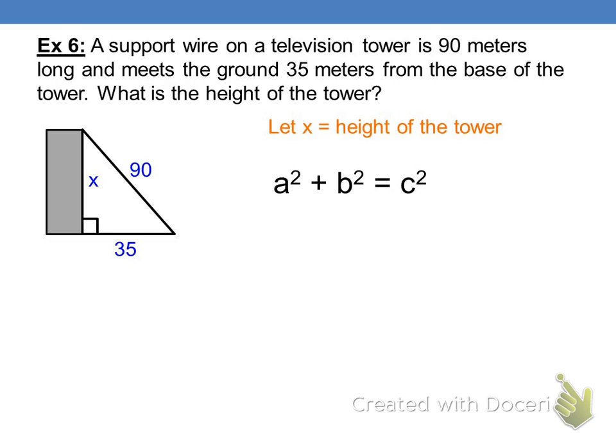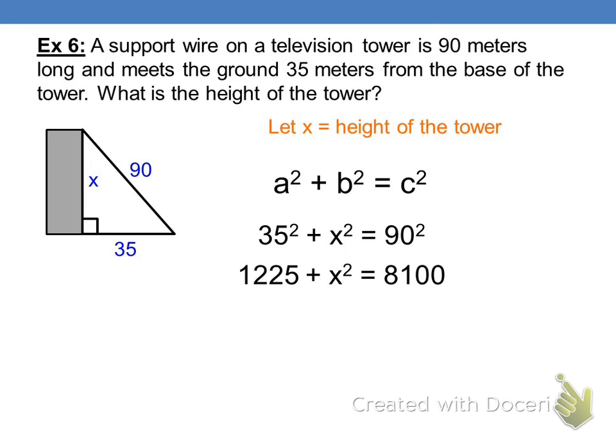All right, so X is going to represent the height of the tower. A squared plus B squared equals C squared. I've been kind of brushing over these. Anytime you're using a variable, you need to tell me what the variable stands for. We did those first semester, the let statements, so we're going to let X equal the height of the tower. Don't say let X equal the tower. X represents a number, not an object. All right, 35 squared is 1,225 plus X squared or A squared or B squared, whatever you called it.